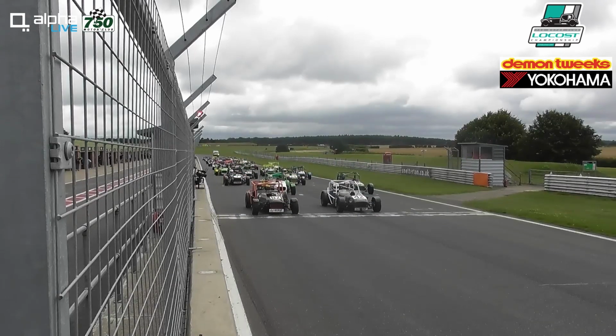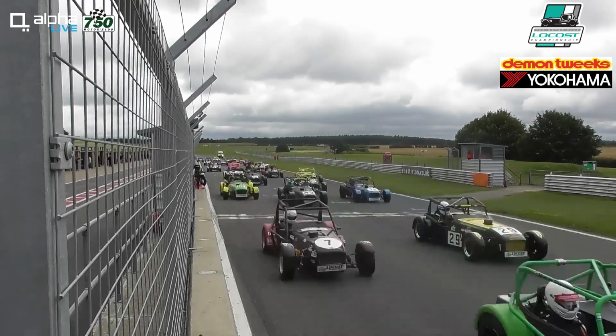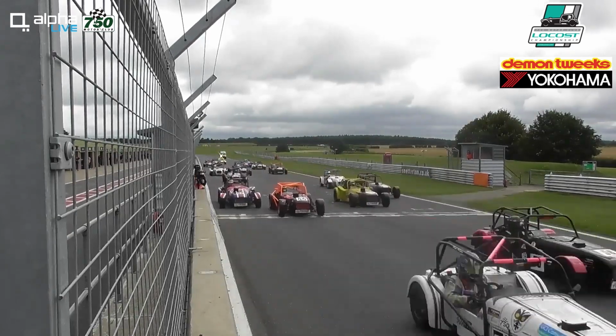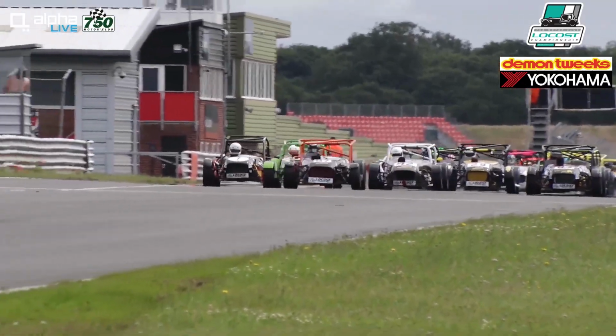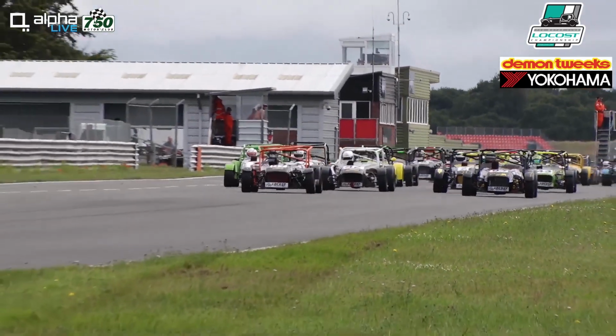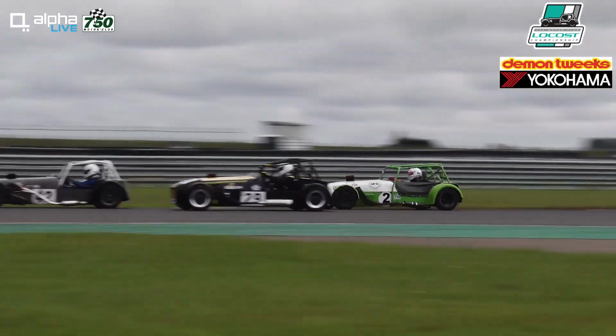3-minute race around the Snetterton 200 circuit. Lights out now, and away they go. Pretty even start from the two front row men. David Mason possibly making a bit of a shoddier start, really, a little bit further back. It's going to be Craig Land that has the lead as they go into Riches corner, and Andrew Tate